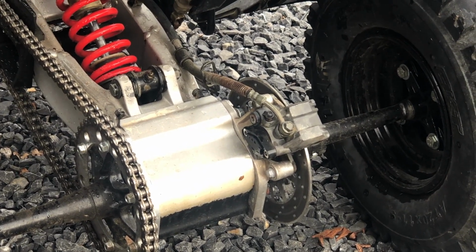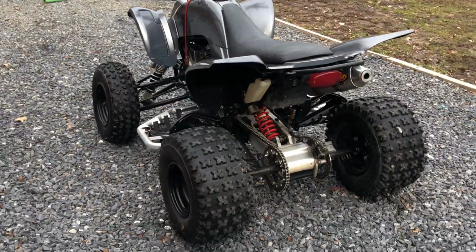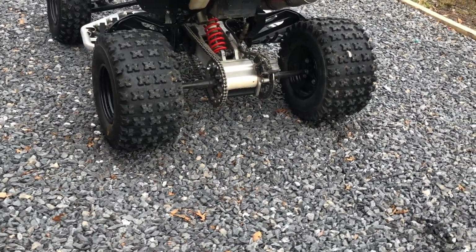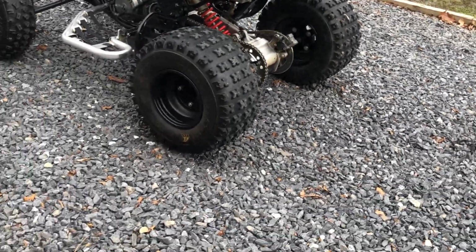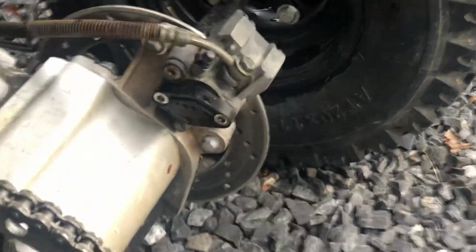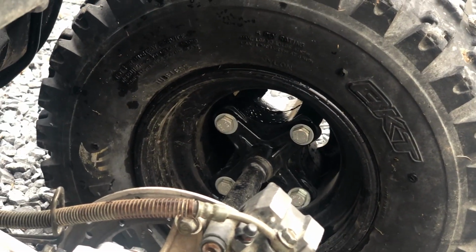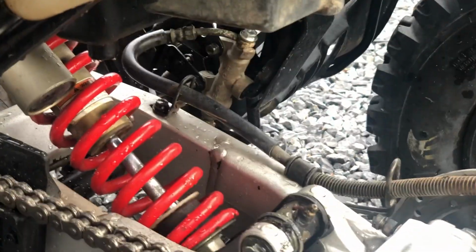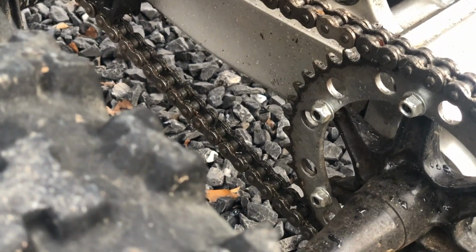Yeah, I'm just trying to think of what all I've done to this thing. A lot of the parts just were not here, so there was a lot of eBay shopping of parts that came in, a lot of sanding, and then I just put paint on them. The rears also have, I think, a 4-inch spacer in there, as you can see. So it pushes the wheels out 2 inches per side, making it a total of 4. This is the chain that I got off of Amazon with the